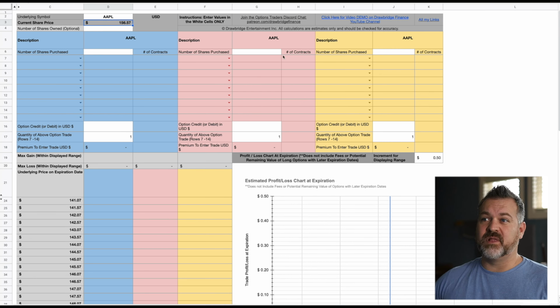So there's going to be a blue line, a red line, and a yellow line. And the information that gets entered into each area is going to dictate what the line looks like. So let's head over to my brokerage platform and look for a potential trade idea that we can plug into the calculator. I'm looking at a date past the earnings cycle by 2 weeks,